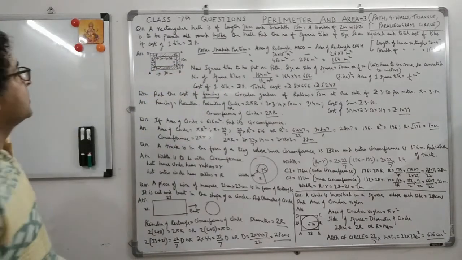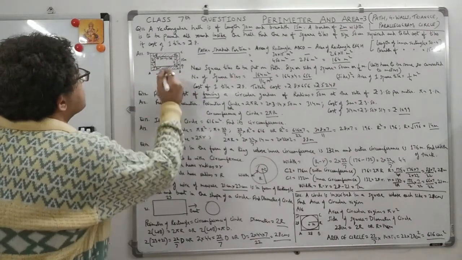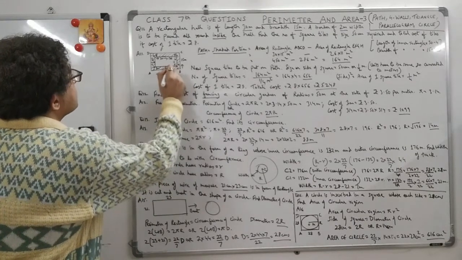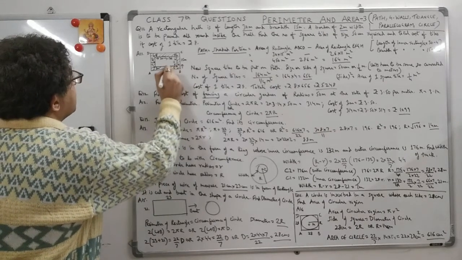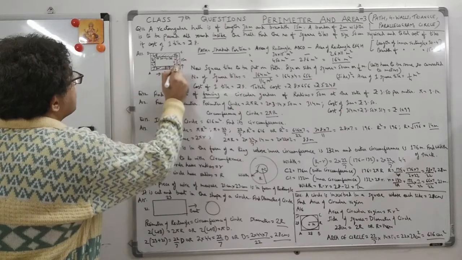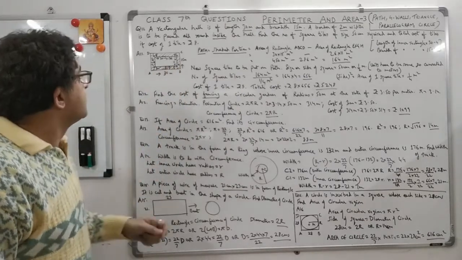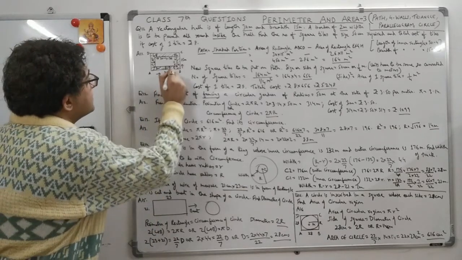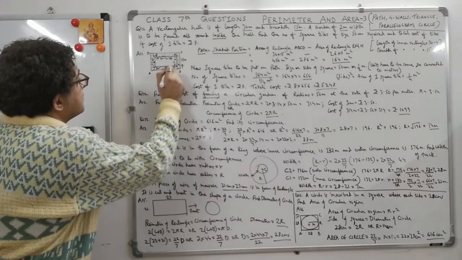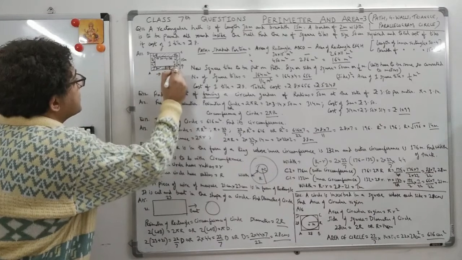Now square tiles like this will be actually used to pave it. Suppose this is a square tile, again a square tile, these are all square tiles. So how many square tiles will we use? We have to first calculate the number of square tiles. Now the size of the side is 50 centimeter, 50 centimeter. This is a square tile, right?